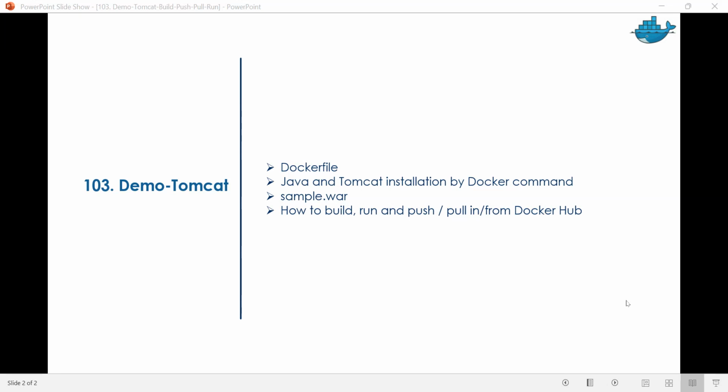Hello and welcome. In this video, we are going to talk about how to create our own custom image with the help of a Dockerfile, use that with Tomcat and Java as a base container, and deploy the sample.war file. In addition, we are pushing to and pulling from a Docker registry or library,